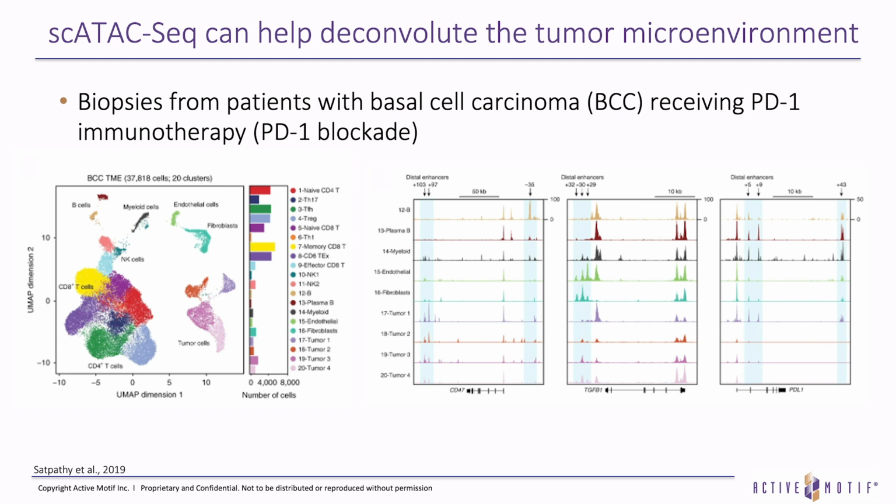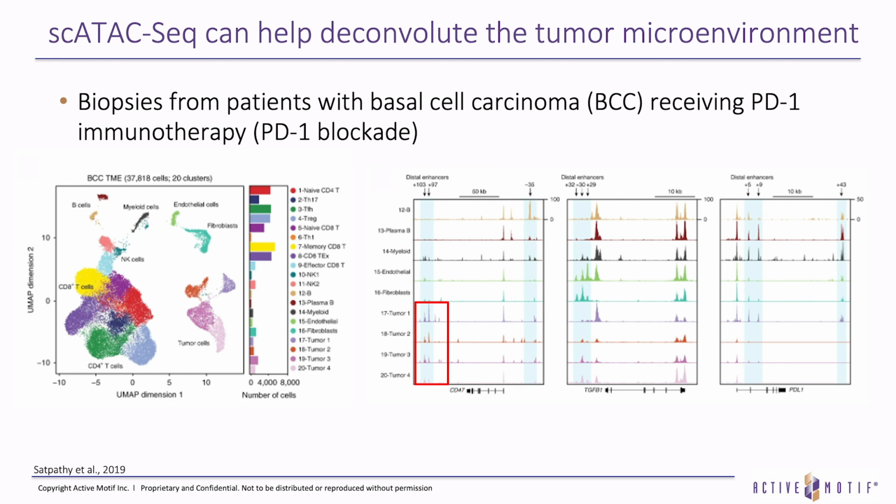In the tumor microenvironment, T cells can be activated by targeting inhibitory receptors on T cells and stromal cells. The differences in chromatin accessibility between these were examined, and they decided to look at 3 known inhibitory ligands, CD47, TGFB1, and PDL1. What the authors noticed is that there's differences in the open chromatin profile among the different